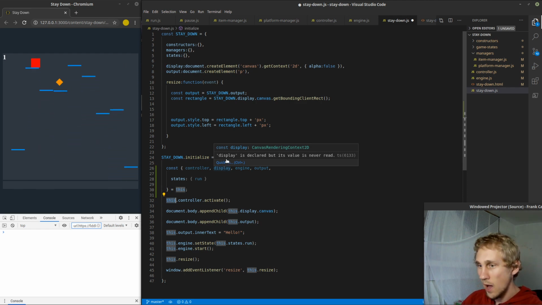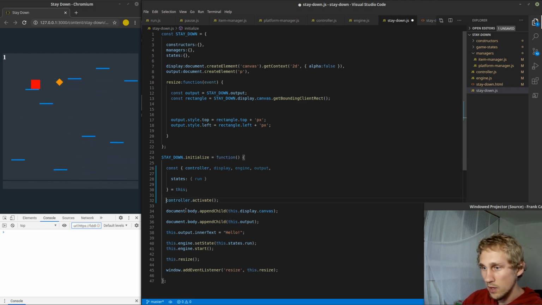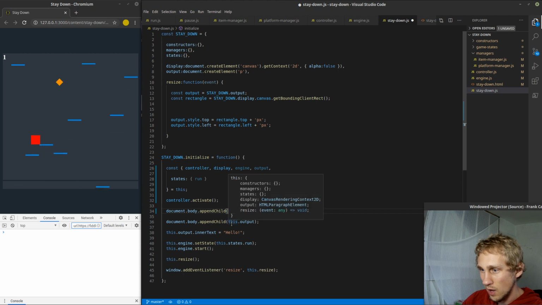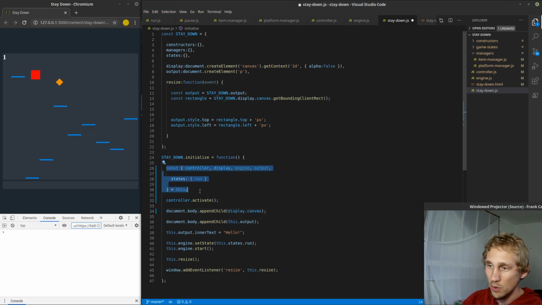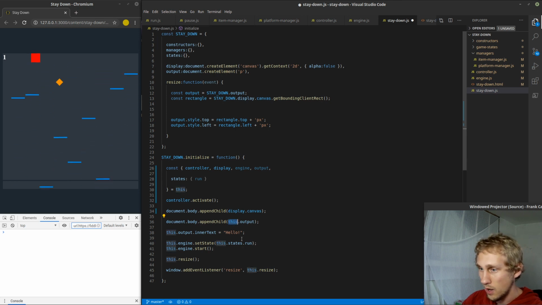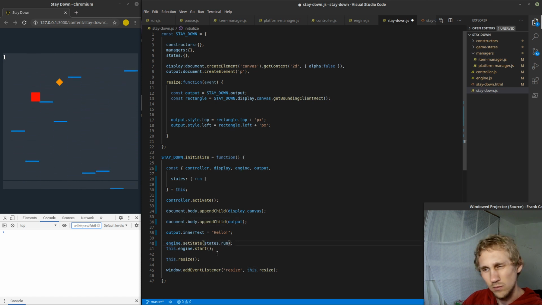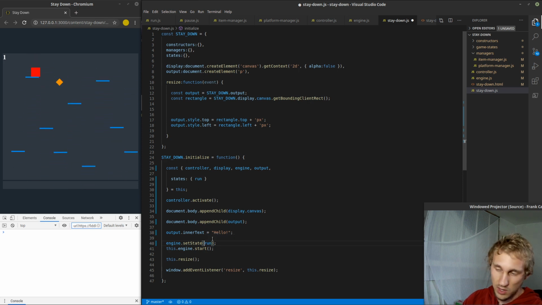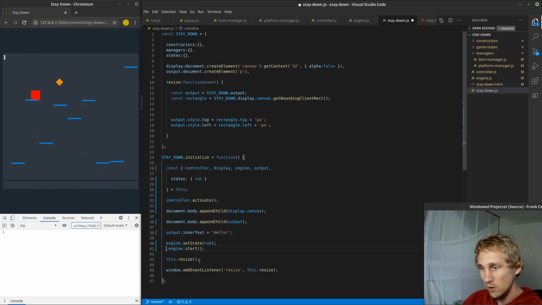parent object. So now I can go through here and I can get rid of this and make this code look a lot cleaner to read, because all of these thises everywhere are just confusing. I would rather have this block of code up here than have to look at all of these different thises inside of my function. So let's go ahead and get rid of these. And this, I don't even need this anymore. I'm just going to do run. So right there, just cut to the chase. And engine.start,